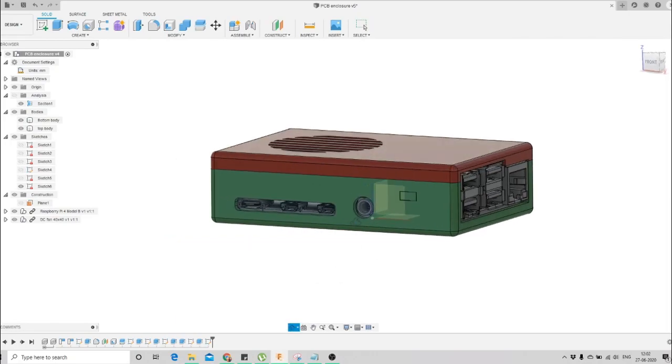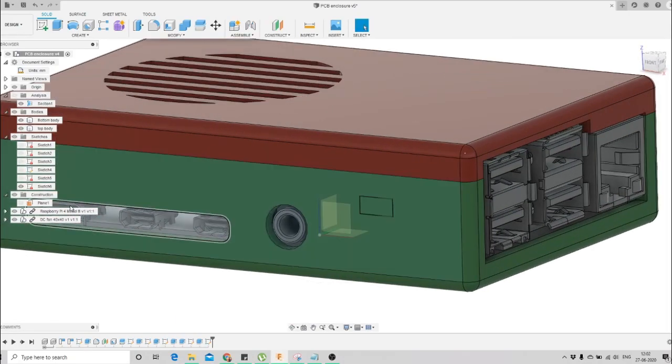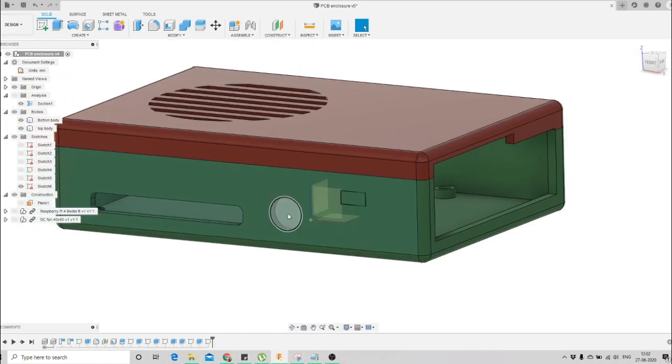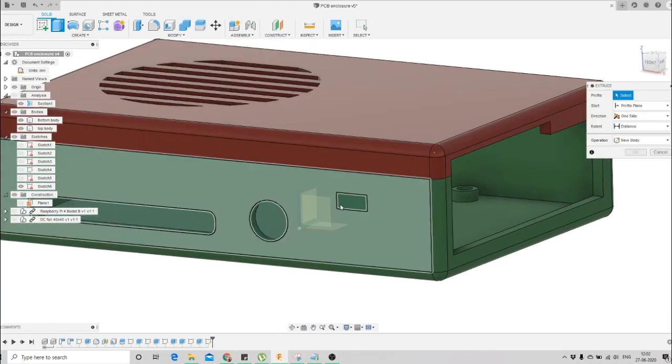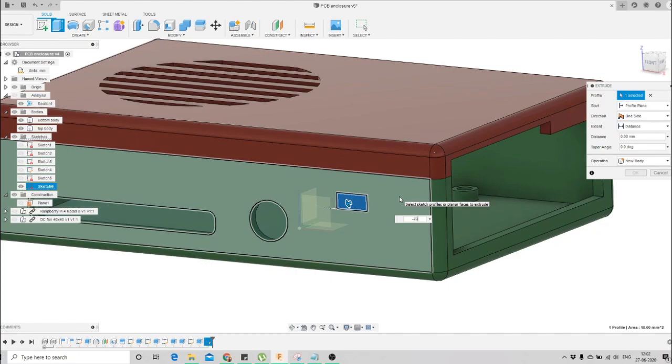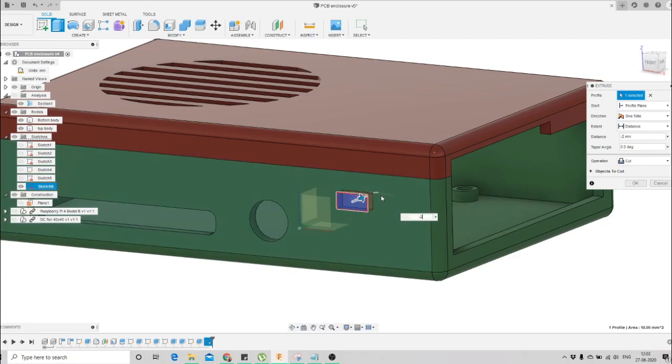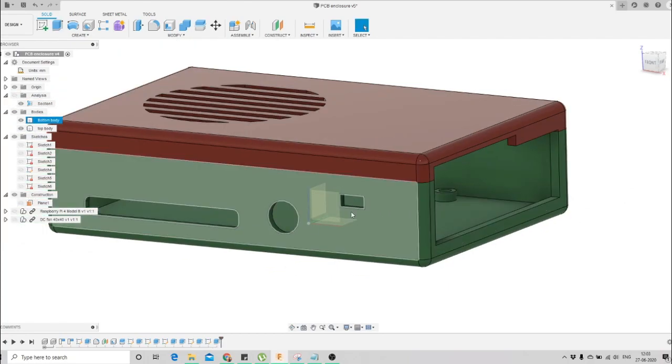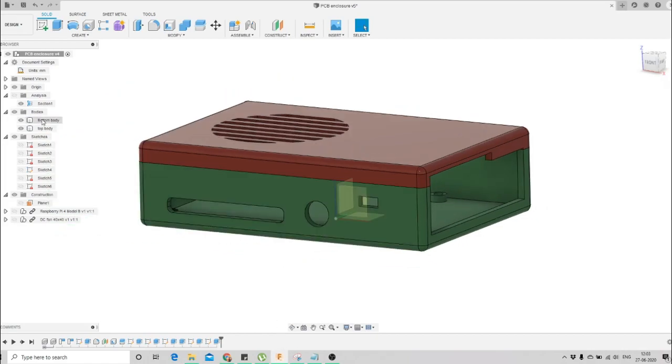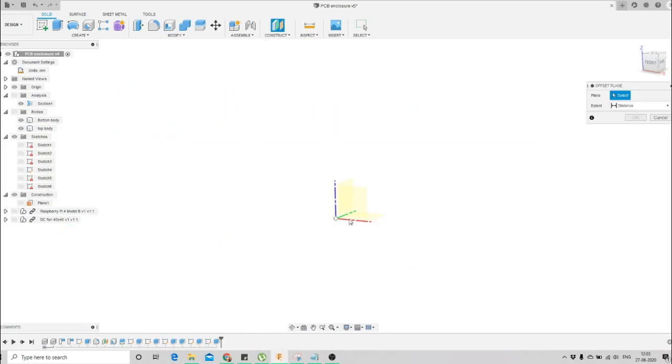We'll go to the free orbit option, orbit it a little bit, turn off all the internal components, and then go to extrude and extrude it backward by -2 to make a cut. So this is the opening here right now. Now we'll turn off our body, go to the offset plane, and select this plane we want to offset, and what I told you is 25 plus 3, that is 28. So we have created a plane somewhere here.